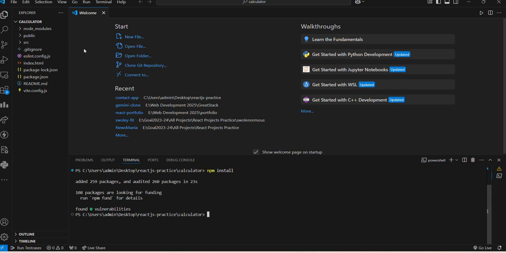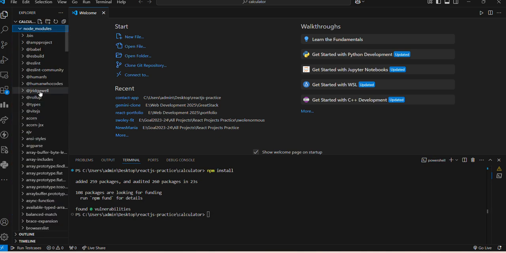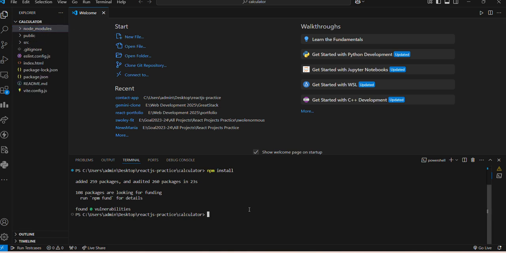Okay, we have our node modules folder with all the dependencies inside. Yes, so next thing we're gonna do, we are just going to run this server on this app,